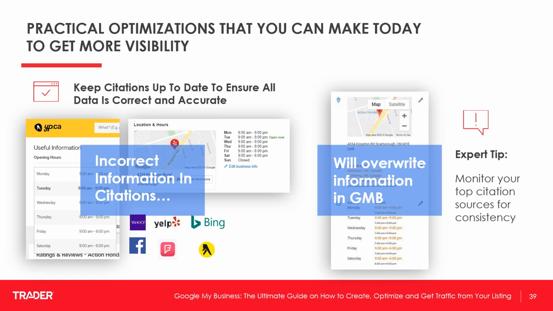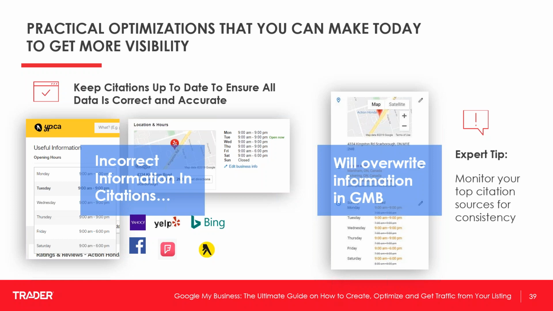Quickly, because we're running out of time here, but a few last ones. Have you ever noticed your Google My Business listing information change without you changing it yourself? So your hours might change, your address might change, your name might change. Well, this is either people in the community going into your Google My Business listing and changing it themselves, or if you have other information about your business online, like on Yellow Pages or Yelp or 411.ca, if you have inconsistent information across those listings and your Google My Business listing, Google's going to change that for you.